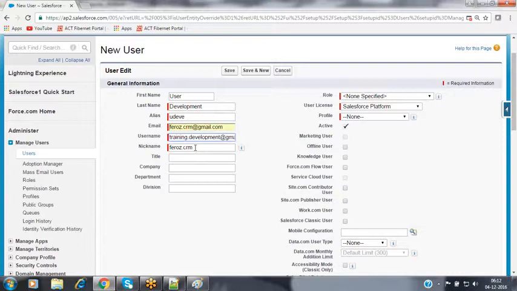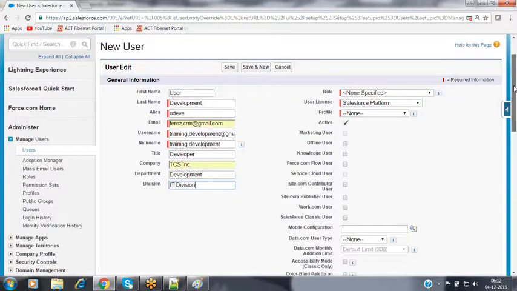The nickname I am going to give as training.development. The title, he is a developer. Company, some TCS Incorporation. Department, some development. Division, some IT division.